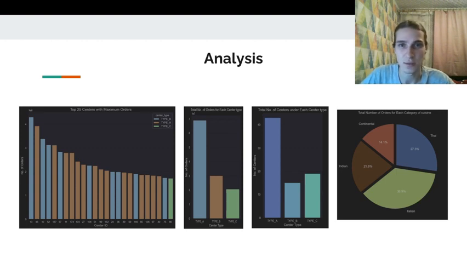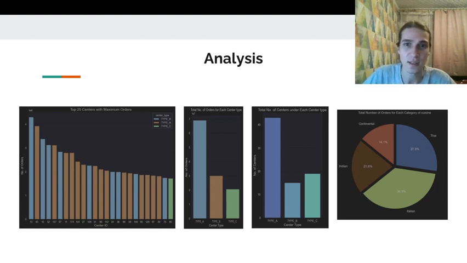Here we can see many graphics. From the graphs for the first three, we can see that center type A has a large number of centers and orders, so it's very popular and has a big pipeline of clients and orders.